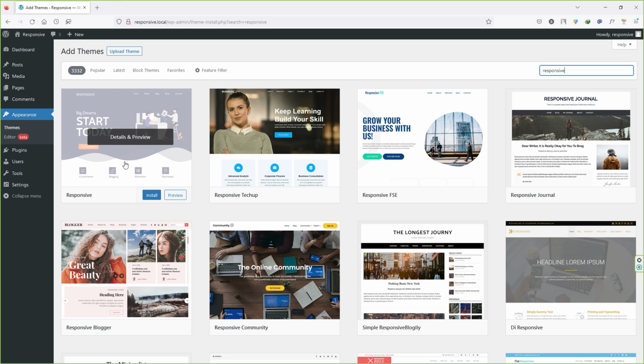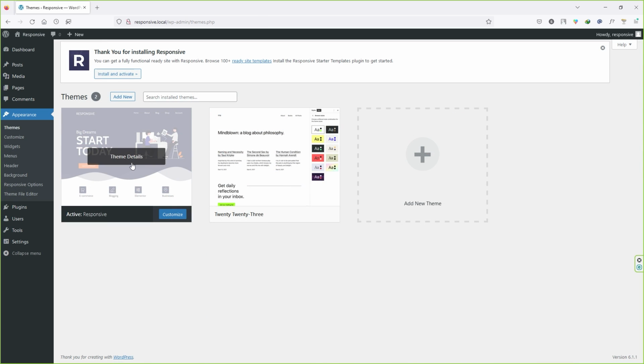So that's why I like this theme. So I'm going to install it by clicking on the install button and then click on activate. So the theme has been activated successfully. Now we need to install a special plugin that comes with this theme, and that plugin will add the extra